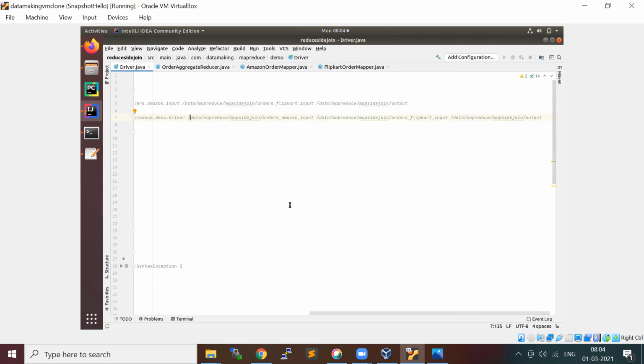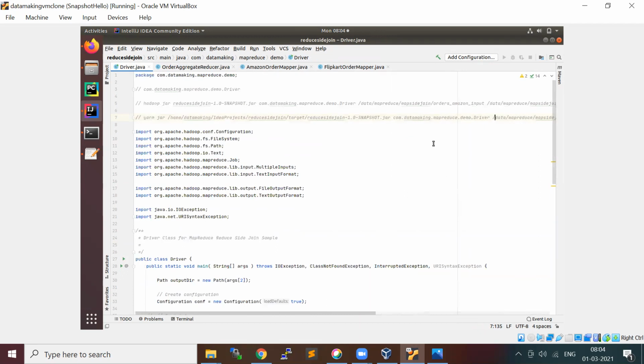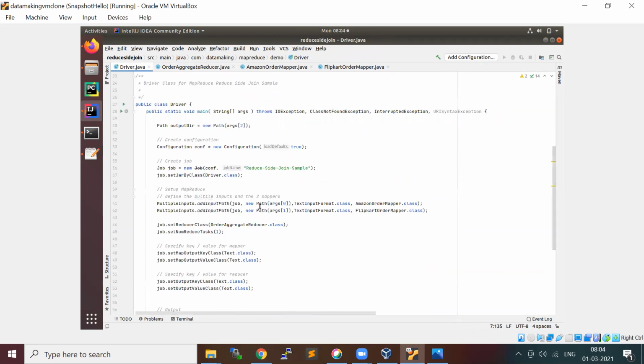You have to make sure of this because we process each input data set separately using a different mapper, so you need to pass accordingly.